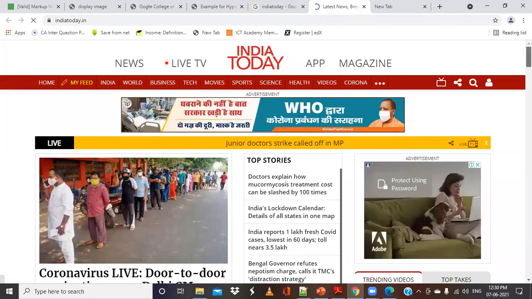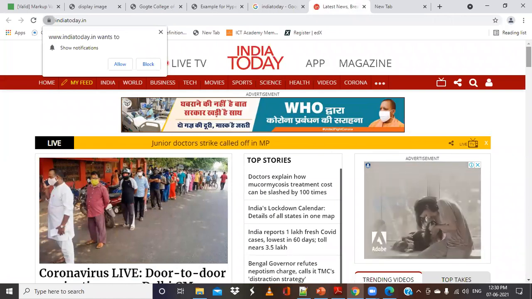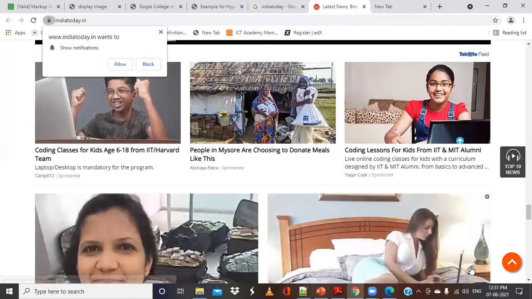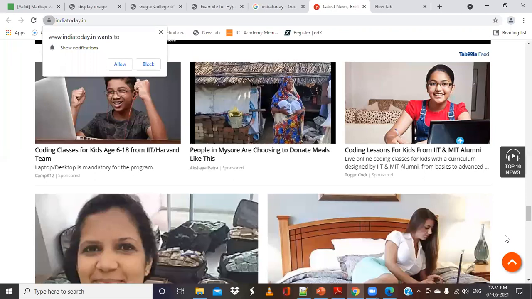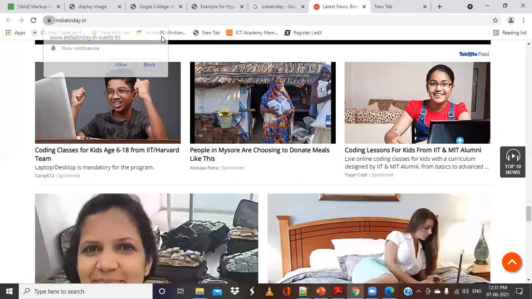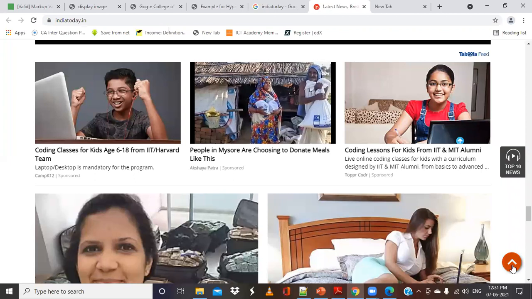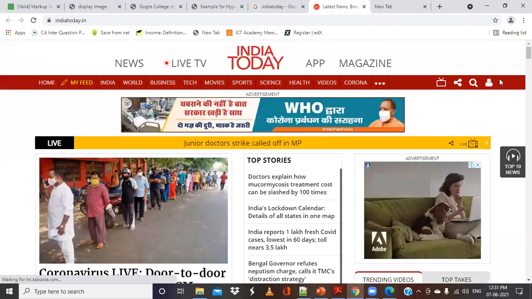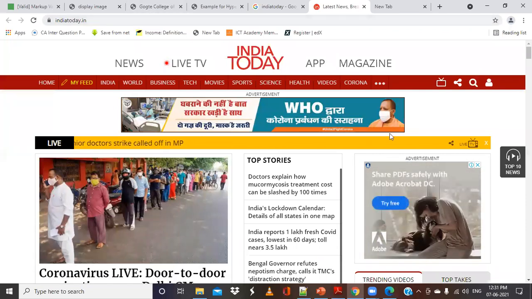So if I want to visit the bottom of this particular web page, what do I have to do? I have to scroll it down. Now again, after coming here, I think that I want to go to the top. So instead of scrolling, there is an option. If you click on this, what will happen? Automatically, you will go to the top, but the URL is not changed. Without changing the URL, you can give this link within the document as well, from top to bottom or from bottom to top, you can navigate.